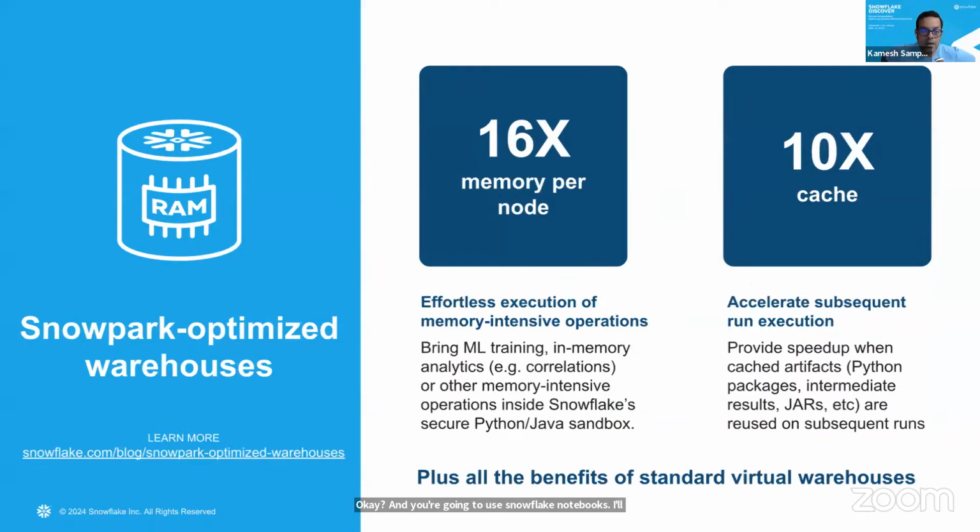Yeah, that's great. So this is Snowpark optimized warehouses. I think it's just for information's sake. You can go to the link that's right there. It's going to be single node operations. We give it enough memory to do all the computation that is required. We give it enough cache to do all the caching of the Python libraries or Java libraries that you're going to use when you do the model training. So that's what we call Snowpark optimized warehouses. I'll show you an example when I create one, to show how we can create a Snowpark optimized warehouse so you can achieve the performance and do the stuff quickly, right?